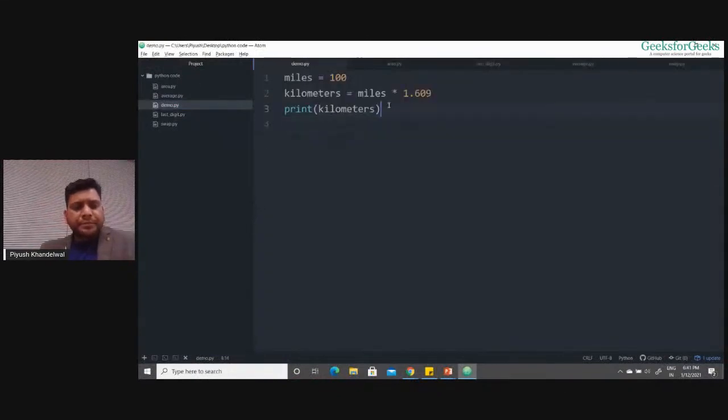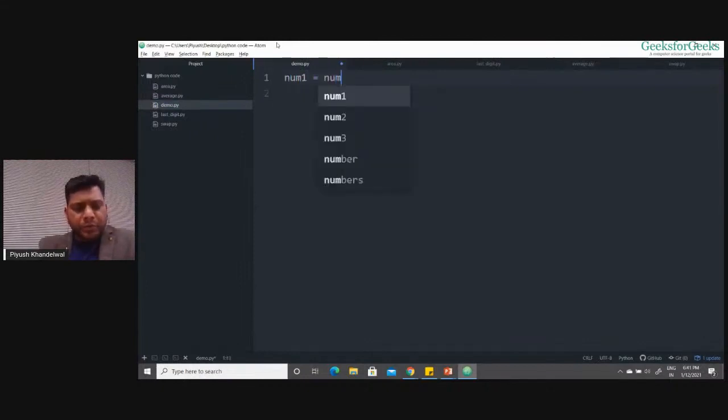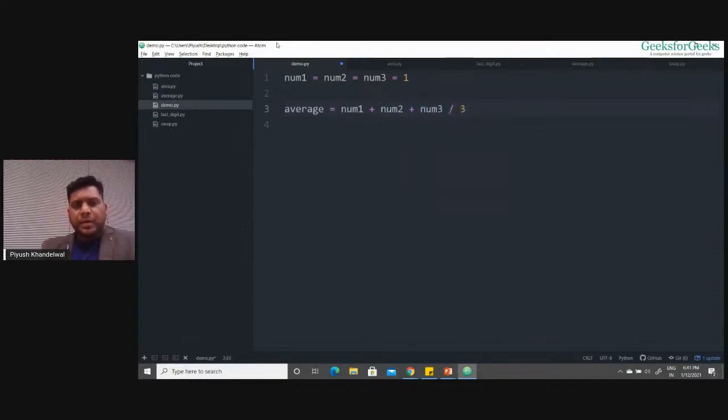Let me go to demo.py. Here I have num1 equals num2 equals num3 equals 1, so this is again simultaneous assignment. Now I need to compute the average. So I compute it like average equals num1 plus num2 plus num3 divided by 3. Now if I print the average,